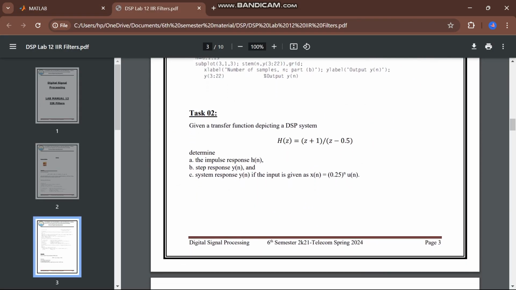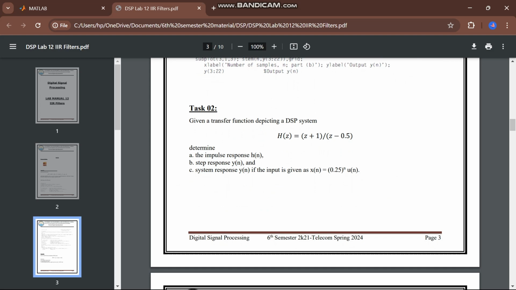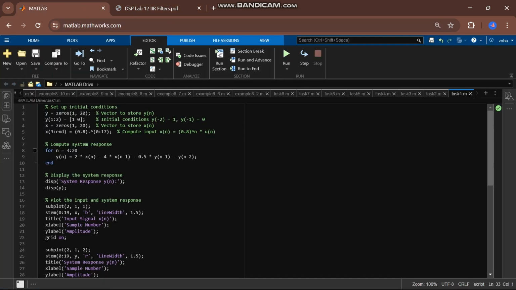In task 2 of the given lab, we have a transfer function of a DSP system, and we have to find the impulse response, the step response, and the system response if the input signal x[n] is 0.25^n u[n]. For the code, we have